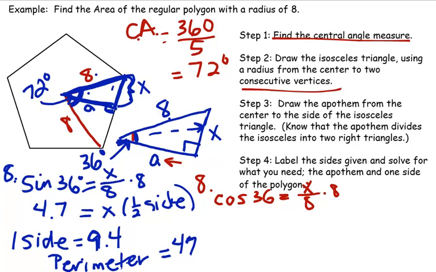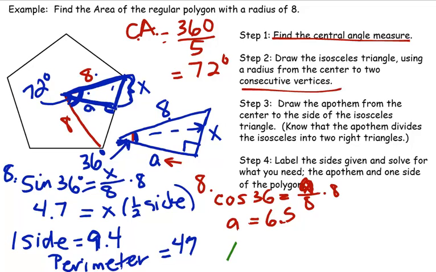So we're going to say this is A over 8. And so the A, when I solve for A, multiply both sides by 8, I get 8 times the cosine of 36 degrees is 6.5. Okay, so now we have everything we need